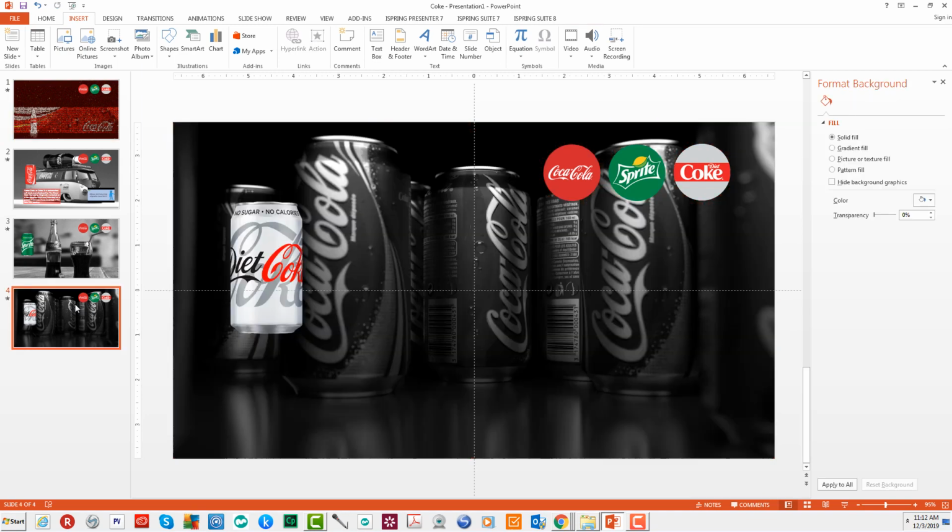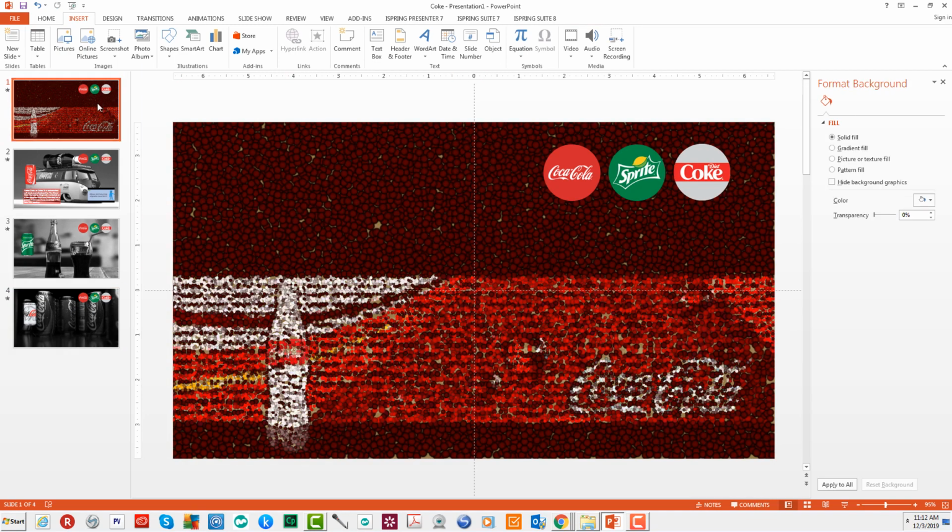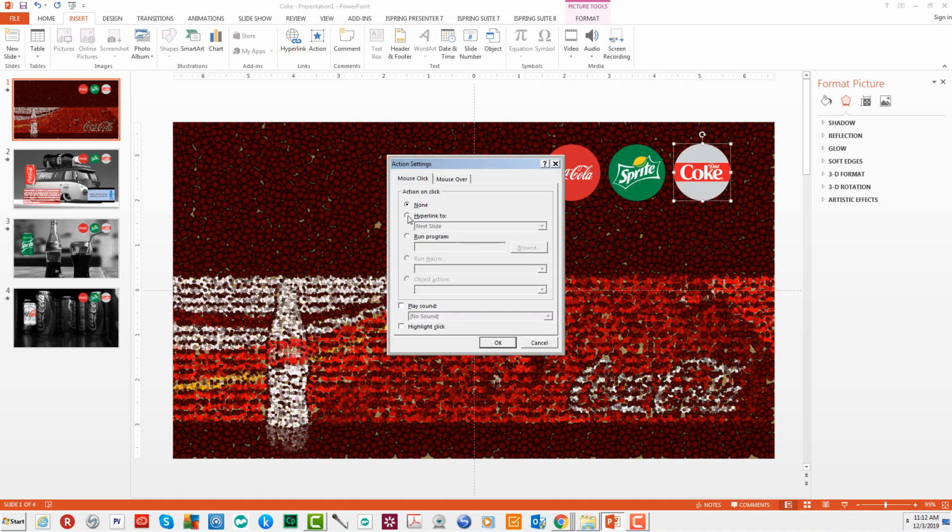And then this would be the last page. We have to link from here. So make sure that all the links are on the first page to go to these, and then you would have to set these to link back to the other pages. So that's why we do this all at the end, after we make sure the pages are set up. So right now we have our Coke, our Sprite, and now we're going to link our Diet Coke. So insert, action, hyperlink,